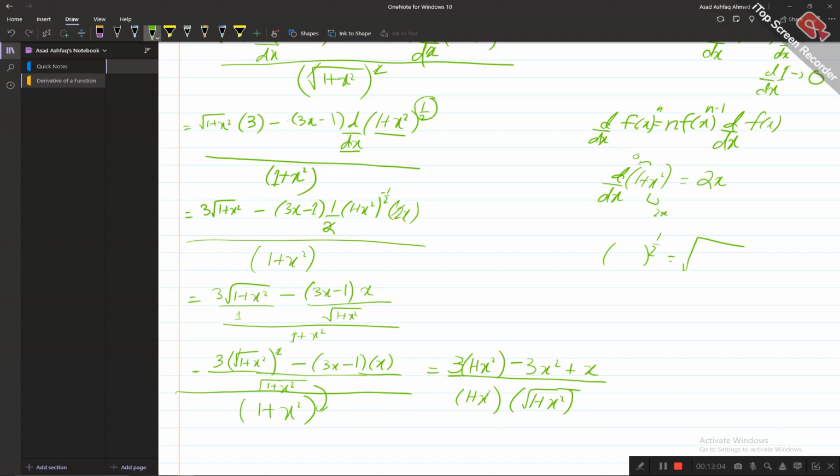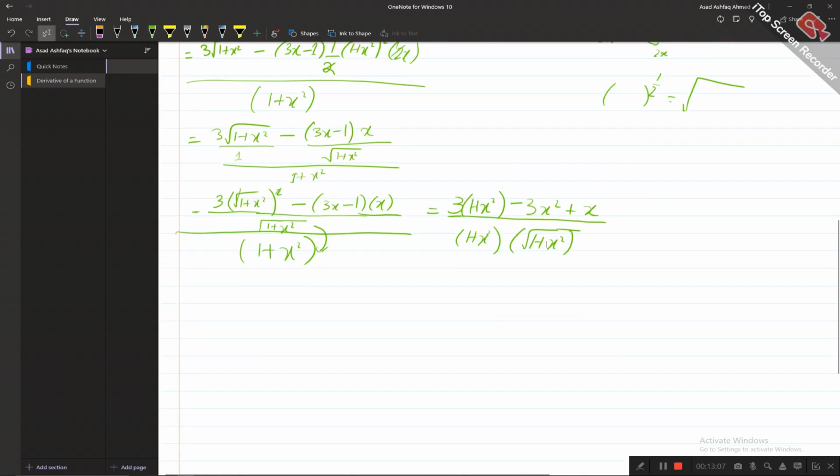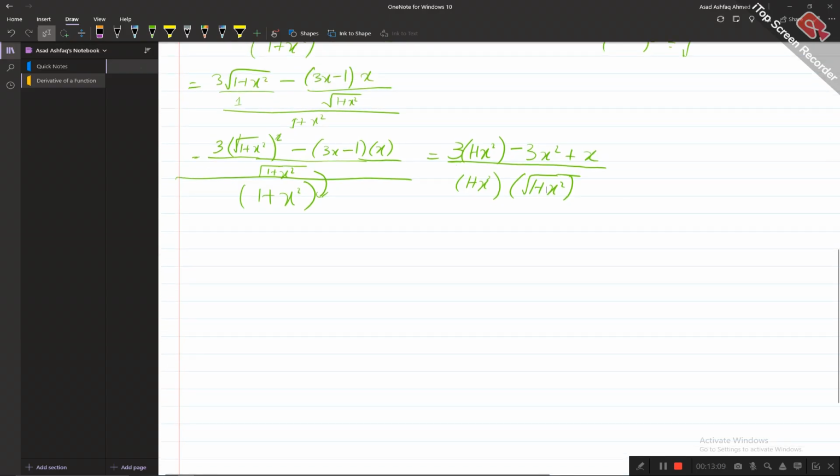Now we further simplify our numerator, so this will be 3 ones are 3, after multiplication 3 by 1, plus 3 multiplied by x square, 3x square, minus 3x square as it is, plus x as it is. Minus 3x square plus 3x square will be cancelled, divided by